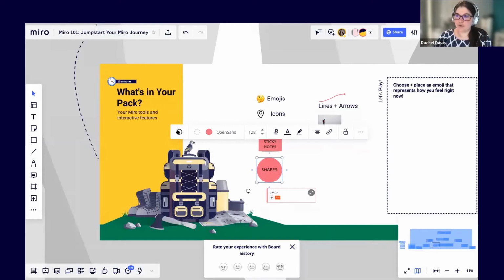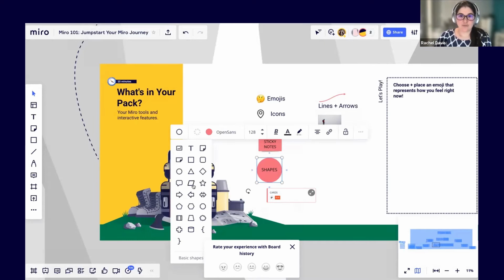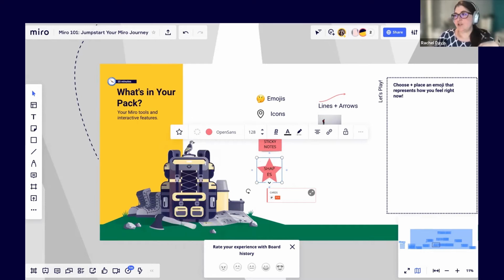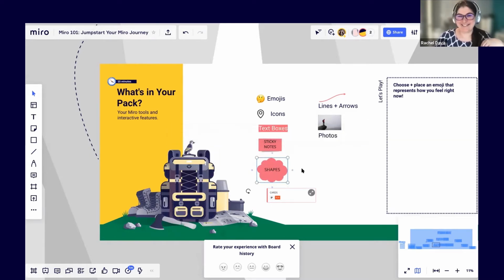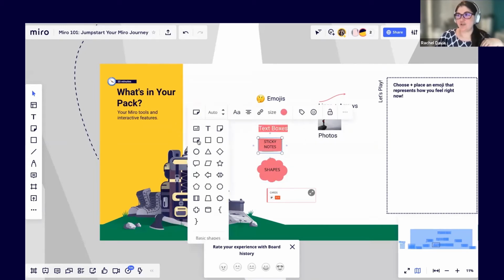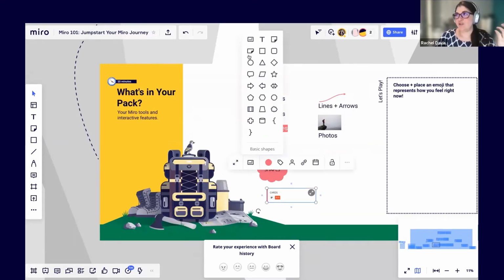Shapes are super cool because you can actually switch the shape type right here by using this, right? Like, oh man, I made a circle and I really wanted a star. Or, you know, I really wanted a cloud for some reason. So you can actually change that right there. You can do the same thing with sticky notes and cards. You can change them from a sticky note into something else, or from a card into something else. This top left-hand corner one, that's the icon for card. Or you could change it just into a text box, which is just the T.